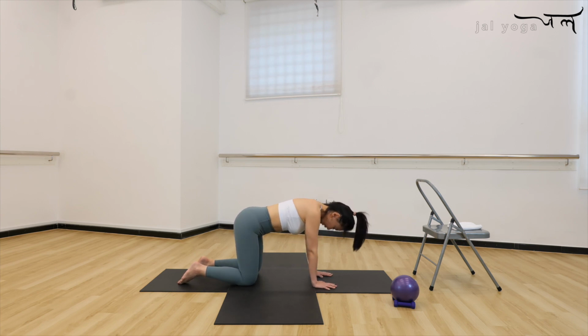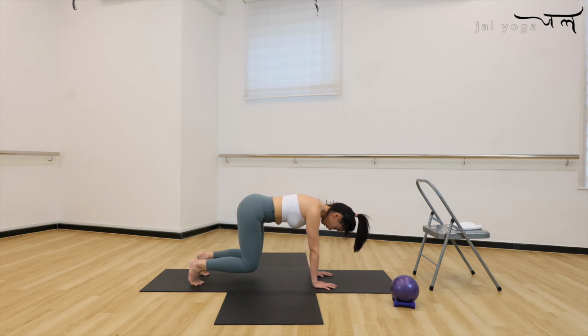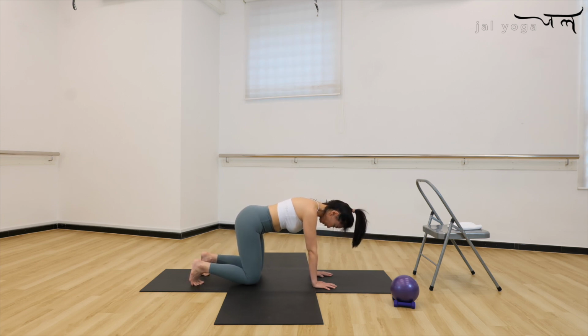So we're going to start to tuck our toes here. We're going to start with a simple warm-up, okay? Before we start to move intensively with the flow. So we're going to start to push your knee up, okay? And we're going to do knee taps here, okay? We're going to do 8 here,